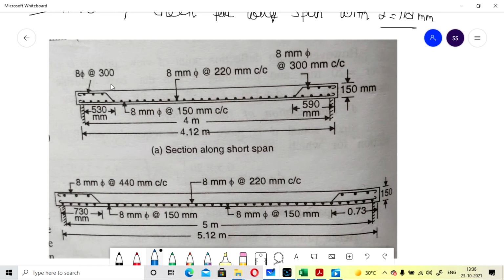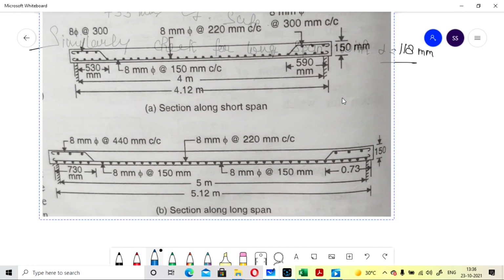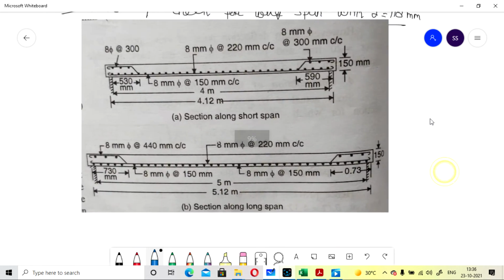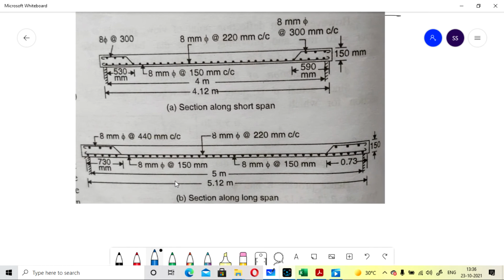And here you don't have to follow the minimum requirement value that we generally apply for distance length. Similarly for longer span, if you see here, this is our effective span that we have considered, 5.12, and here our main bar is 8 mm at 150 that we have taken. Similarly for the supports, its value will be doubled.